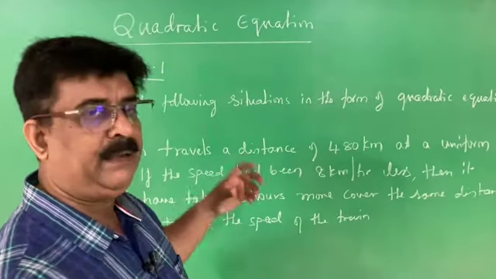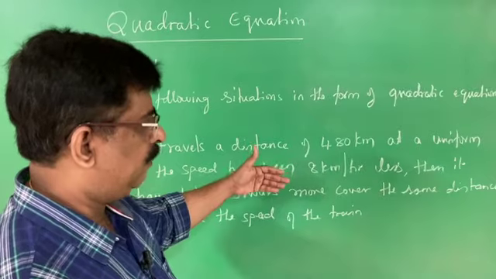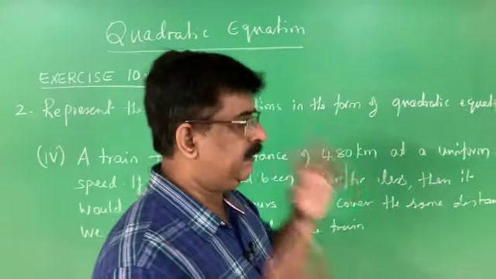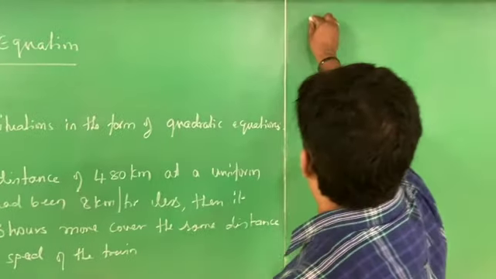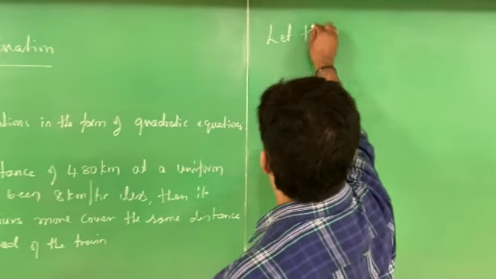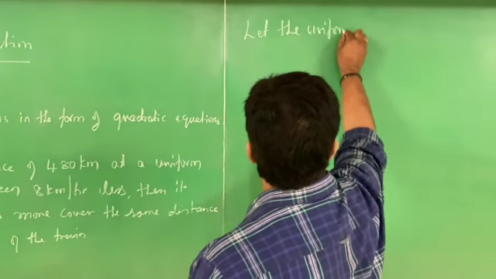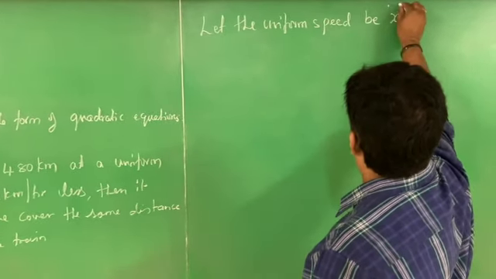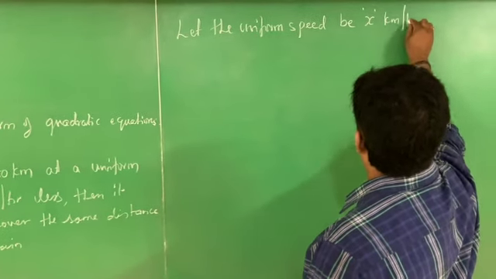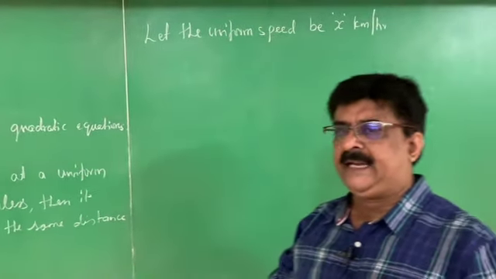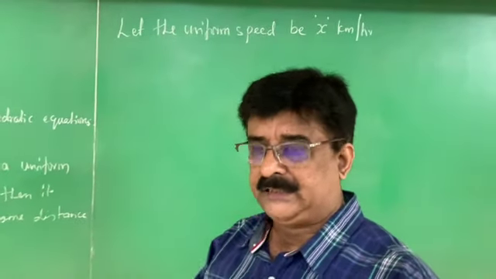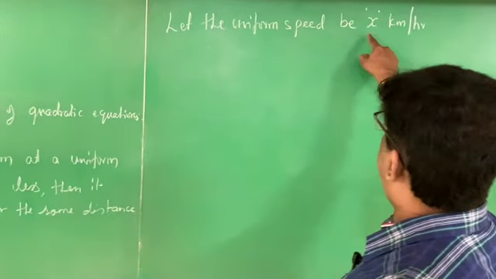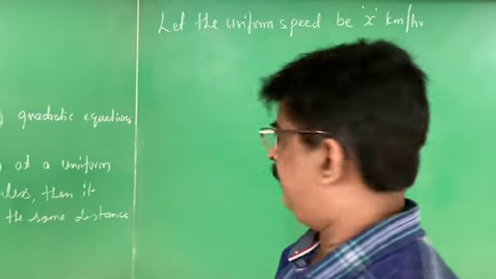For that we have to frame an equation. Nice problem. This type of problem is going to come for the public examination. Very easy problem. We have to analyze 2 things here. See, we start like this. Let the uniform speed be x kilometer per hour. We keep this speed as x kilometer per hour. That train is moving with a uniform speed, try to understand, uniform means it is not accelerated speed, same speed. That uniform speed I have taken as x kilometer per hour.